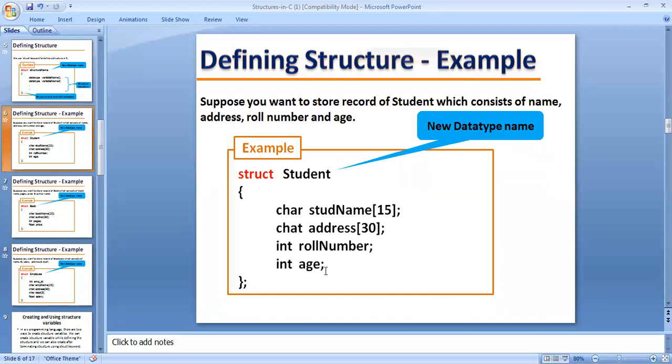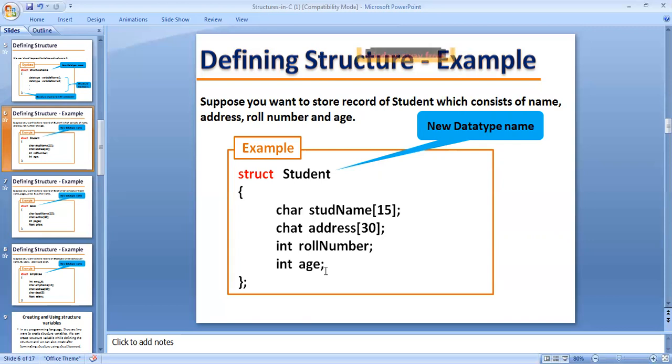First, you have to take the structure keyword struct, and the structure's name is student. Then take a character data type, since the name is characters, so defining the student name with size 15, and the character address with size 30, and int roll number, ending with a semicolon, and int age. The roll number and age are numbers, that is, integers, so they are defined with int.